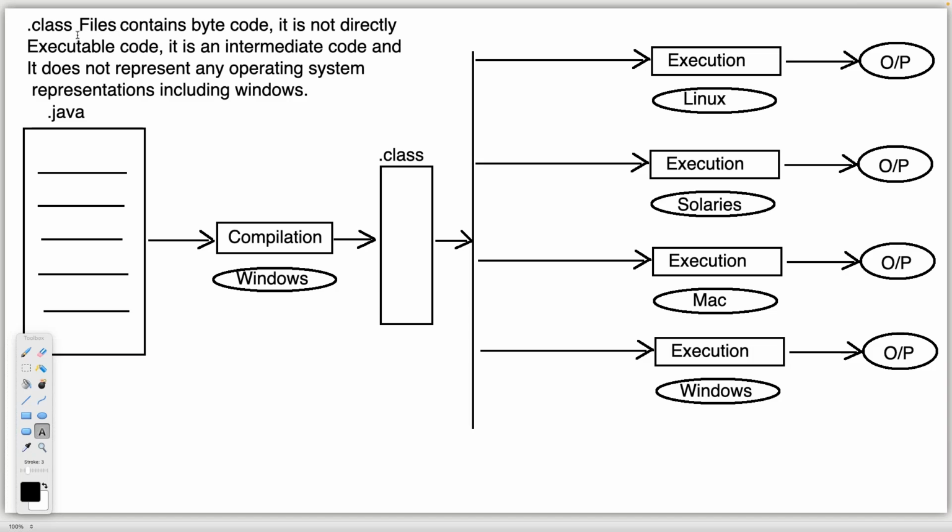Dot class files contain bytecode. It is not directly executable code. It is an intermediate code, and it does not represent any operating system representations, including what representations? No, Windows. Why? Because we have taken Windows for compilation. Even though we compile our Java program on Windows, it still doesn't have Windows representations. It is not representing any operating system